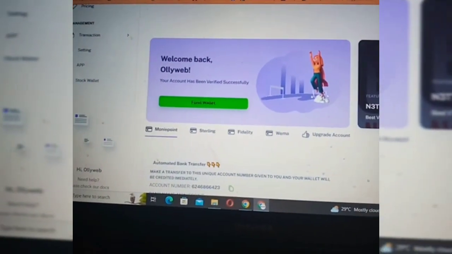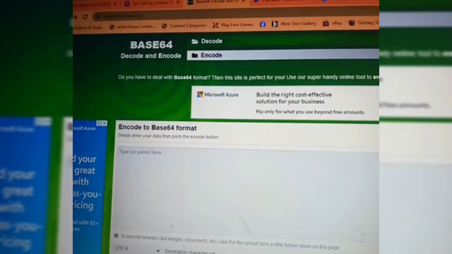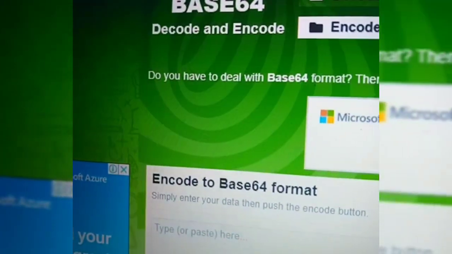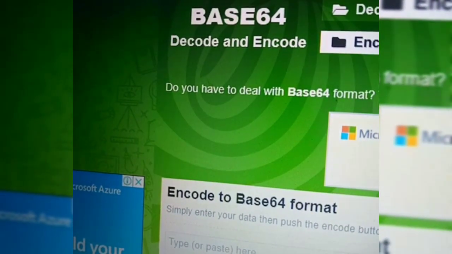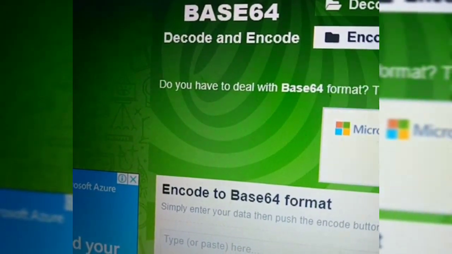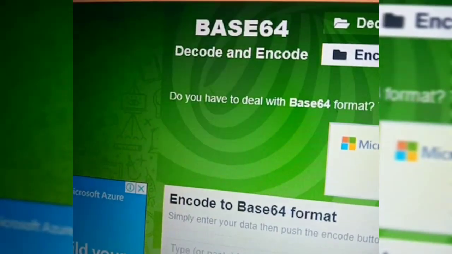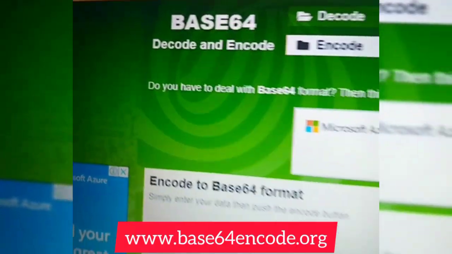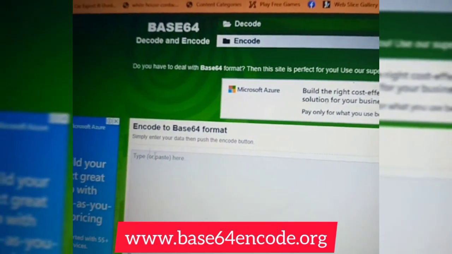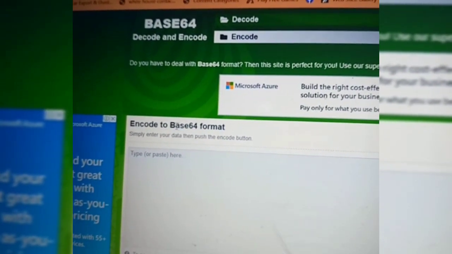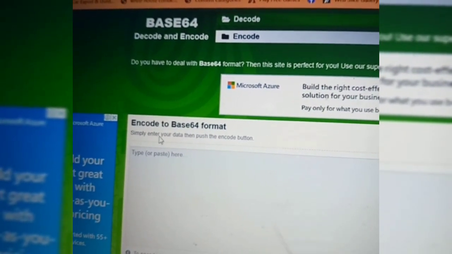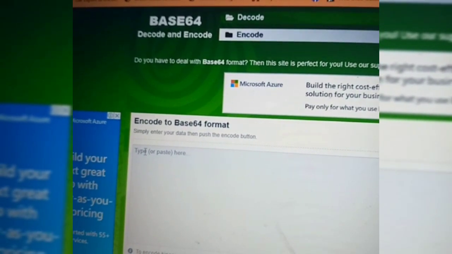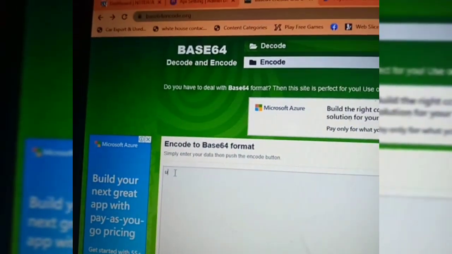Now, this is the website. I want you to look at it very well. That's the reason why I moved closer. This is the website, base64encode.org. You go to base64encode.org. Once you get here, it says encode to base64 format. Simply enter your data, then push the encode button. What you are going to put here is what? Your username,